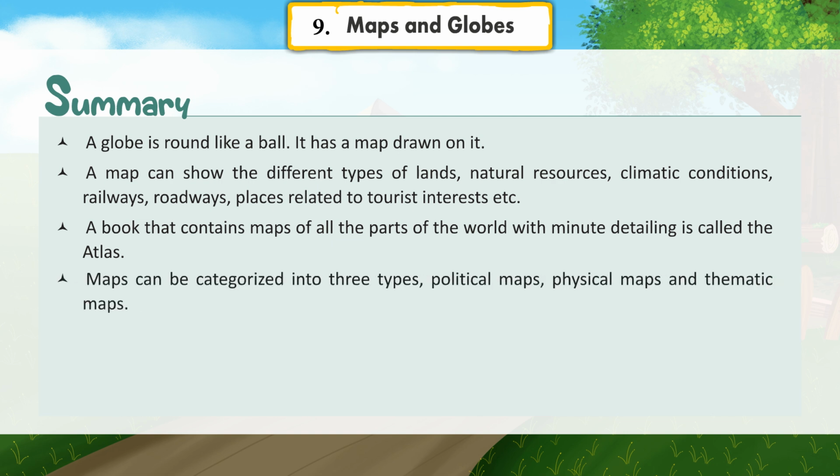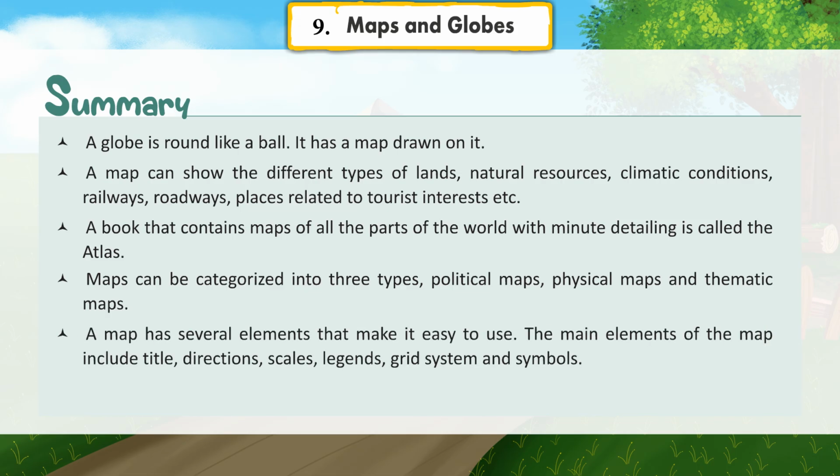Maps can be categorized into three types: political maps, physical maps, and thematic maps. A map has several elements that make it easy to use. The main elements of the map include title, directions, scales, legends, grid system, and symbols. The reader can understand or read a map with the help of